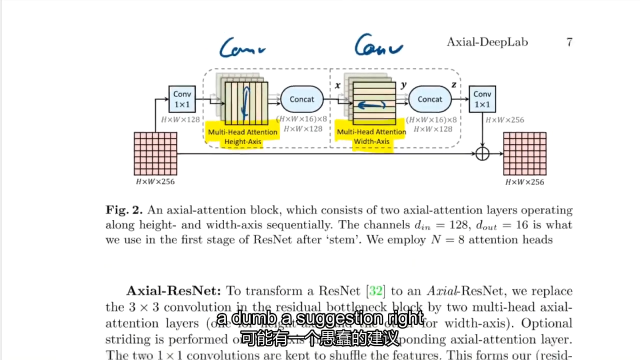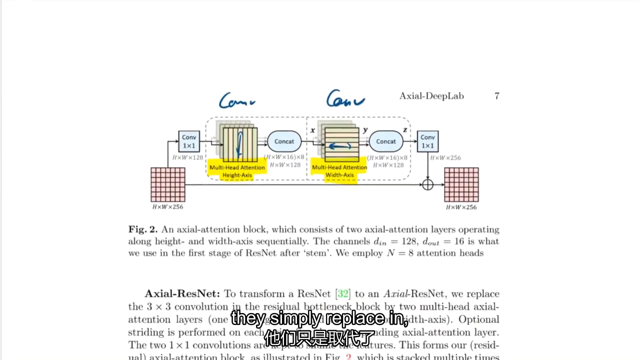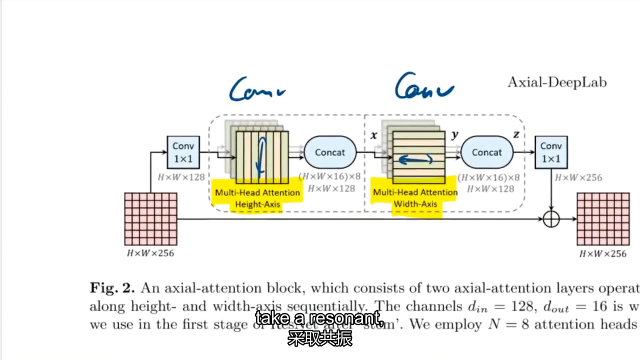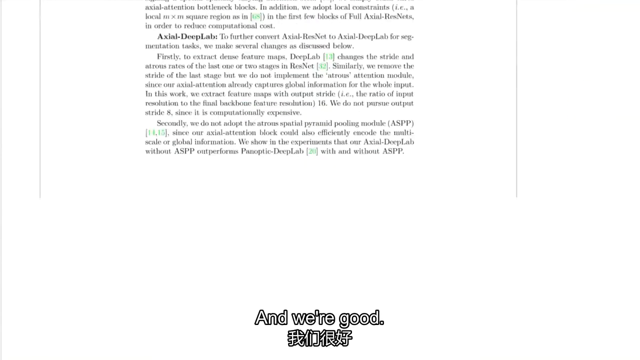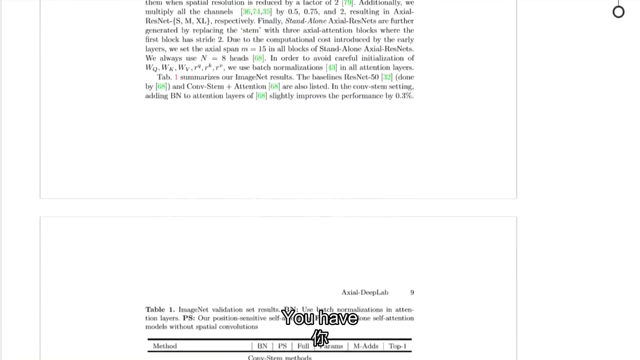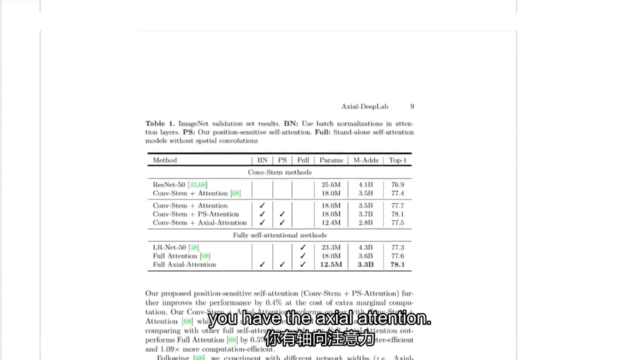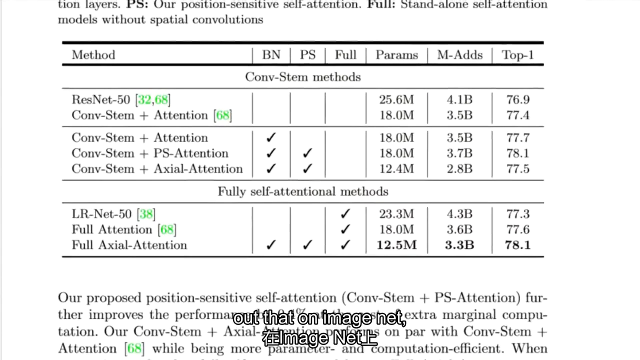So I just might have a dumb suggestion right here. In any case, they simply replace, we've come a long way, right? We've gone to neighborhoods and so on. Ultimately, take a ResNet, replace the convolutions with the height axis attention and the width axis attention, and we're good. And then we come to results. So that's it. You have these positional embeddings, you have the axial attention, and it turns out that on ImageNet,